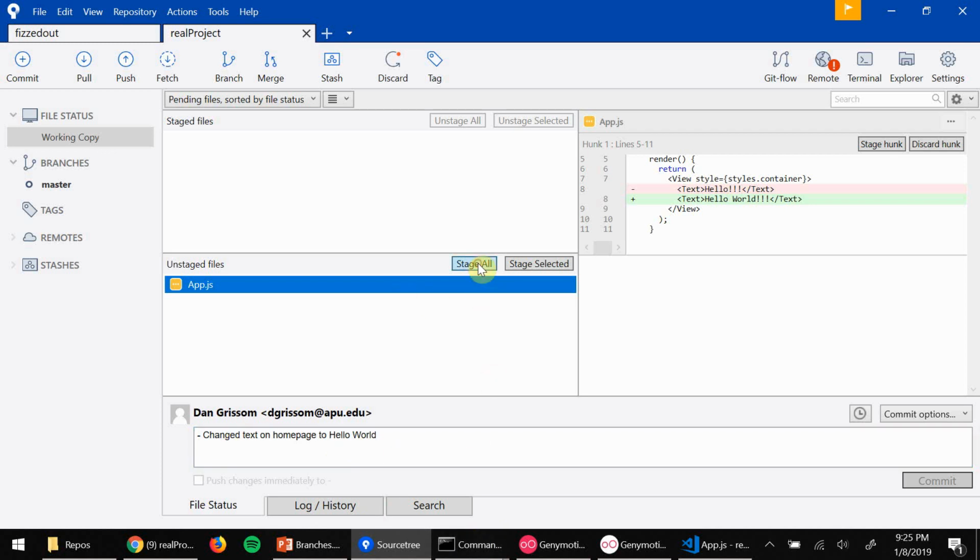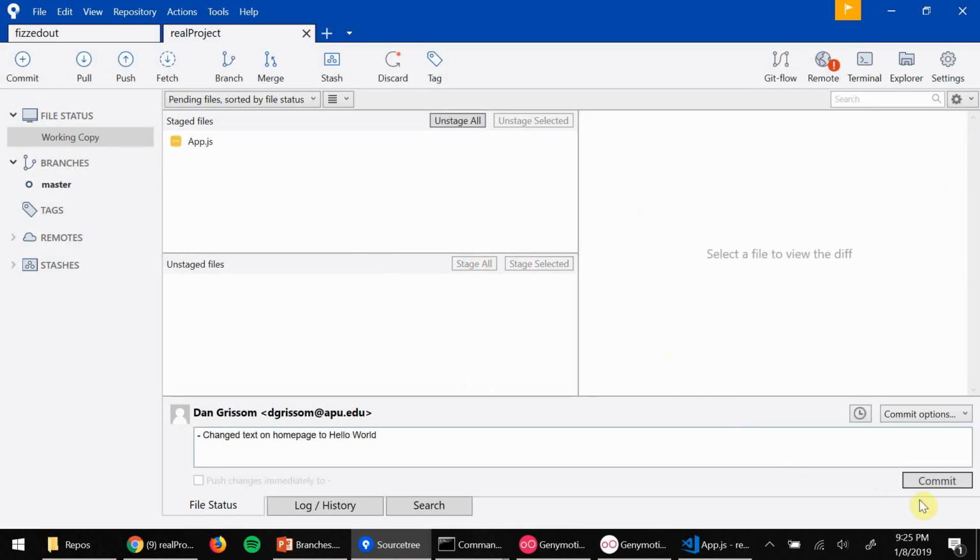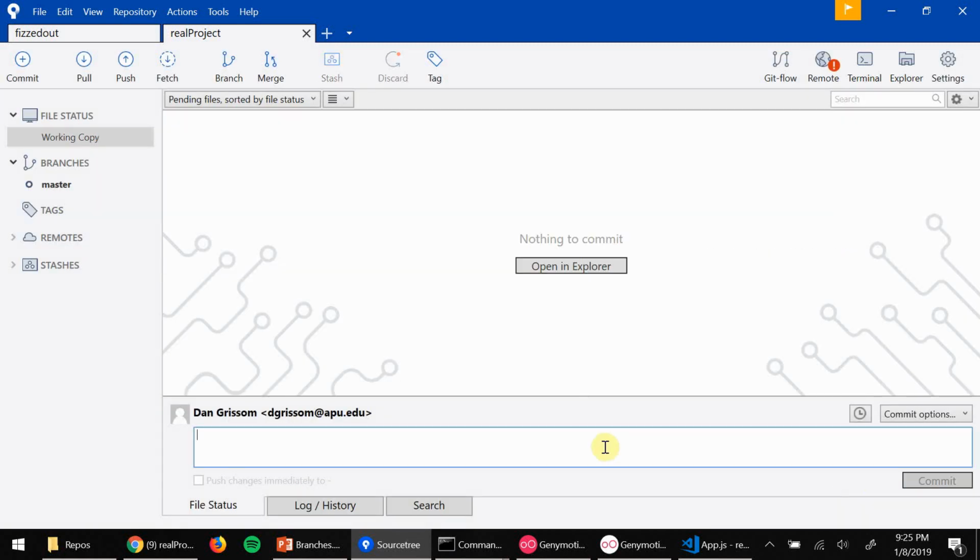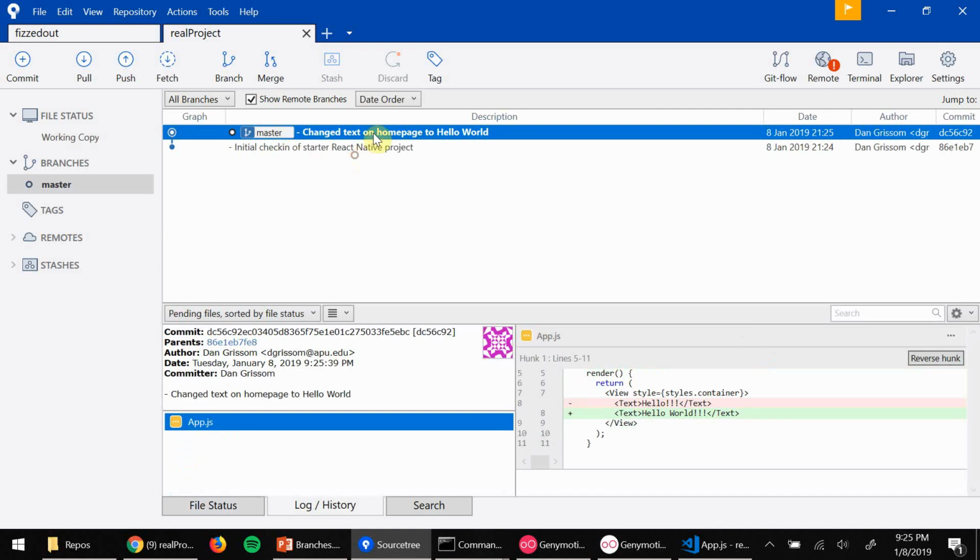So I will need to stage that file and commit. But notice I cannot click push changes immediately, because there's nothing to push it to. I have not actually set up this local Git repository or connected it to a remote repository. So I'm going to go ahead and just commit it. And so I am tracking changes locally, but if my computer blew up or something like that, I would still